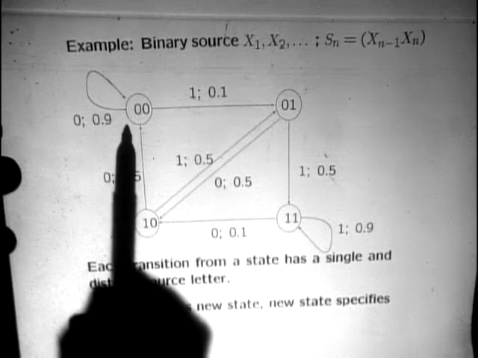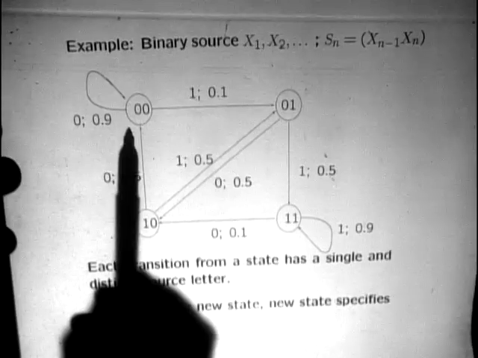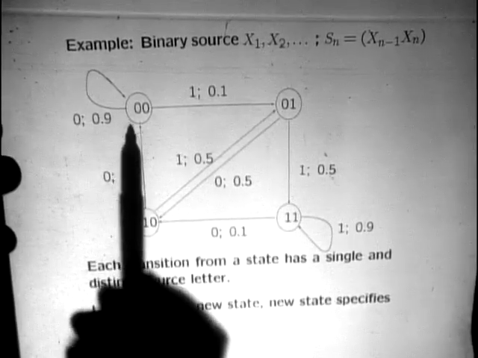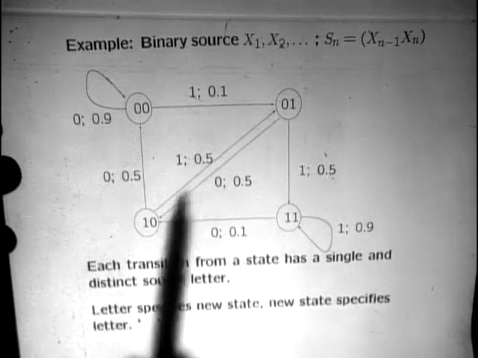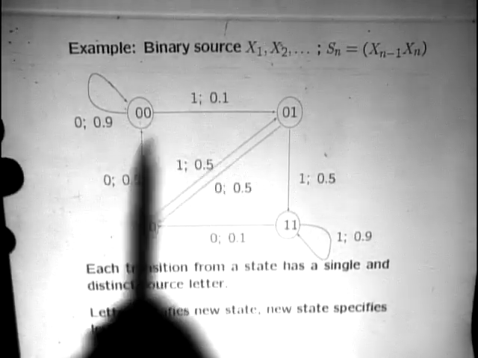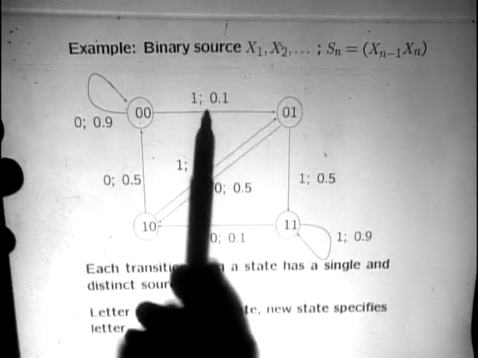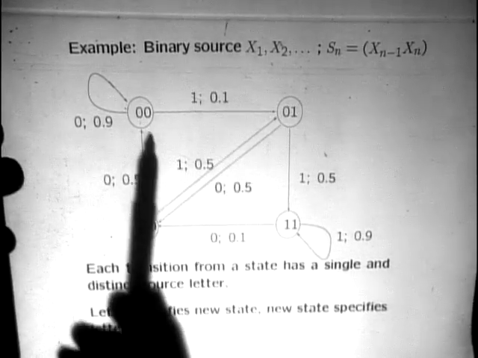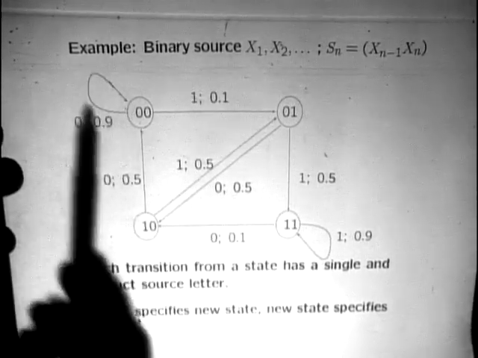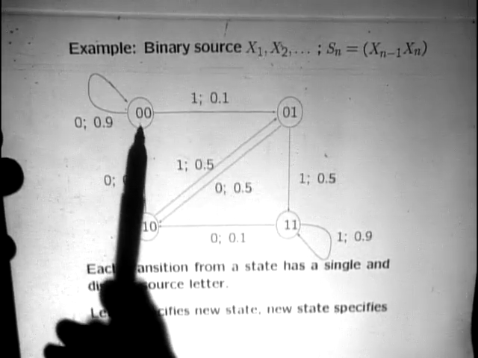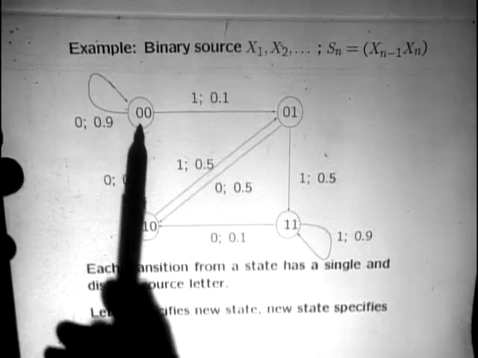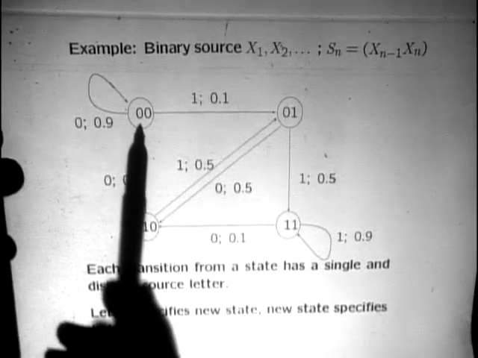Okay, so this is a binary source. It produces binary digits, either 0 or 1. If the previous two digits were 0, 0, it says that the next digit is going to be a 1 with probability 0.1, and the next digit is going to be a 0 with probability 0.9. Now, if you're in state 0, 0, and the next thing that comes out is a 0,